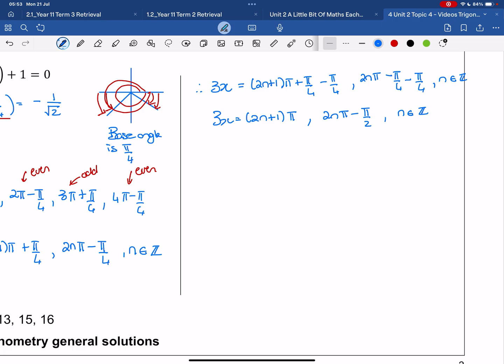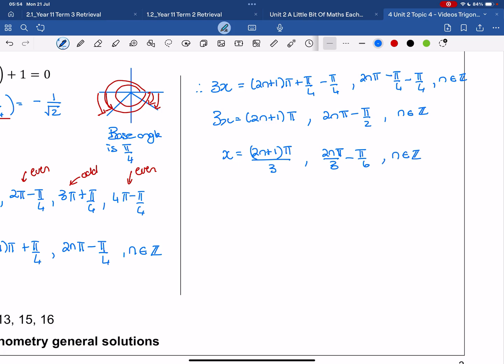And then I'm going to divide all of them by 3. So x is equal to 2n plus 1 pi over 3 and 2n pi over 3 minus pi over 6, where n